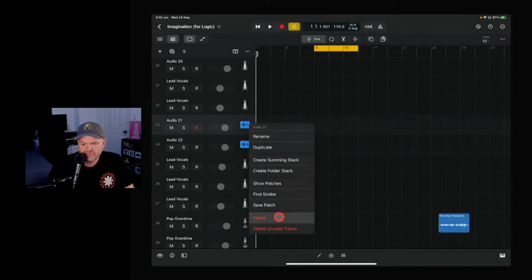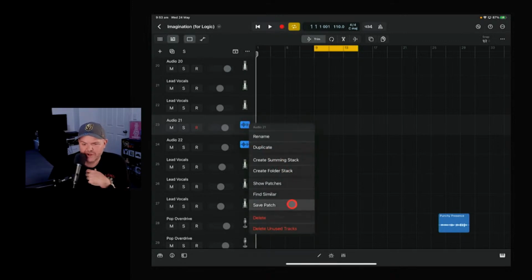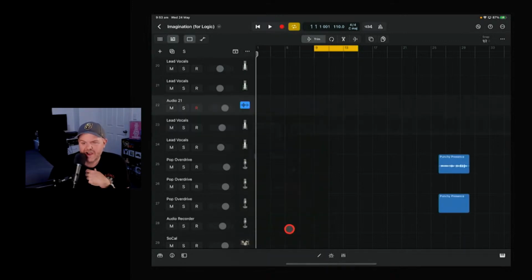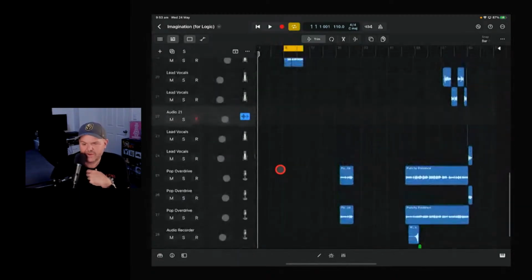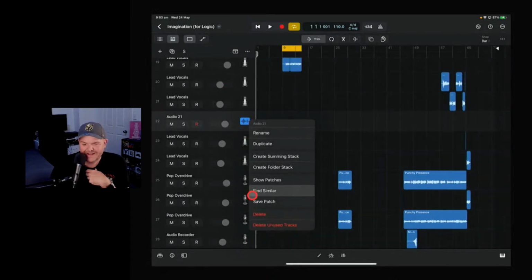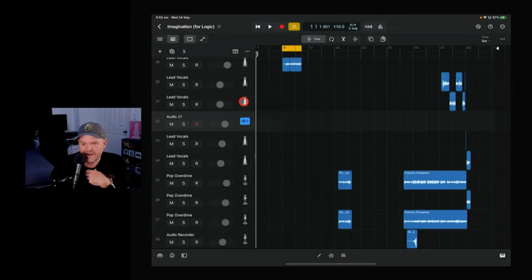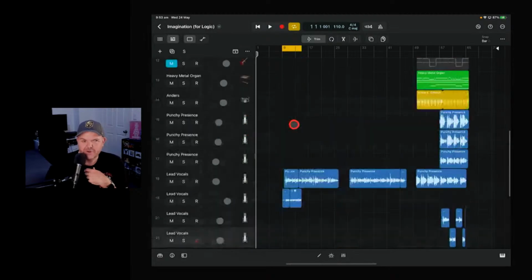Let's delete these tracks. Oh, here's a cool thing. Delete unused tracks. Let's do it. Have you ever done that thing where you set up a bunch of tracks and then you're trying to clean up your project and you're like, I'm going to have to go through and find every track that doesn't have something on it? Well, Logic Pro's got a solution. If you tap on this and go to delete a track, guess what? You go delete unused tracks and it goes through and finds all the tracks you've got nothing on and deletes them. So these ones have got a bit of something on there. For whatever reason, it just didn't delete that one track. It must think I'm using that one. Let's go to this one and go delete unused tracks. There you go. It's got rid of that one. So that's a pretty cool option as well.